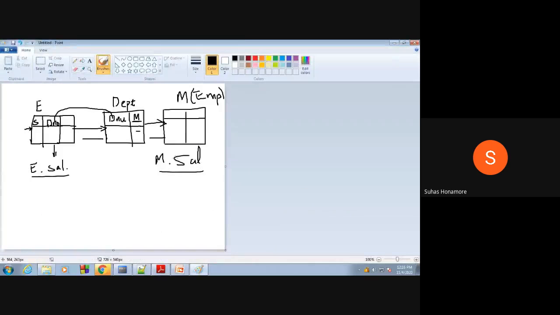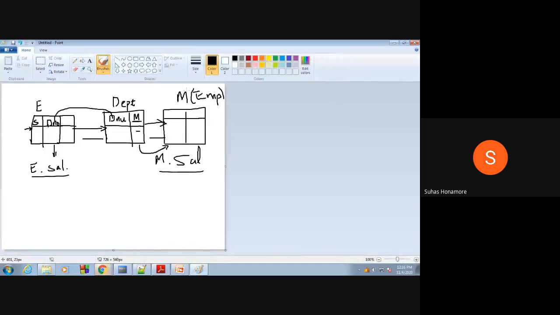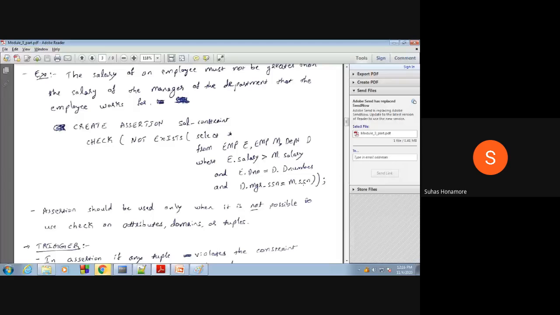Then whatever is here, a join should happen. That join is nothing but manager number to employee SSN. That we are joining. So department manager SSN to this employee, which is the instance we created as M. For M dot SSN, that join operation we are doing. So in total